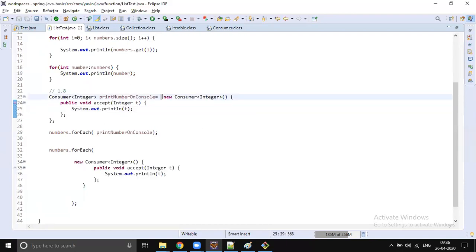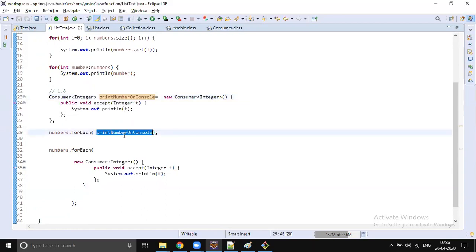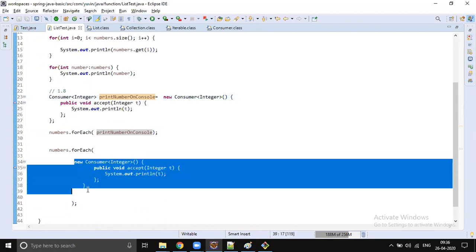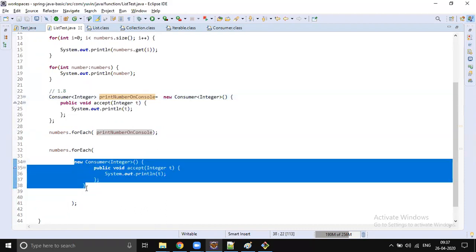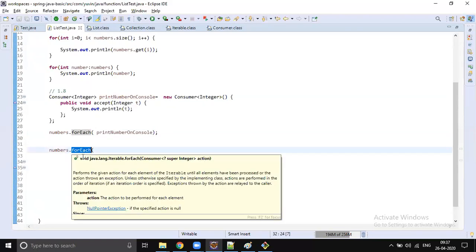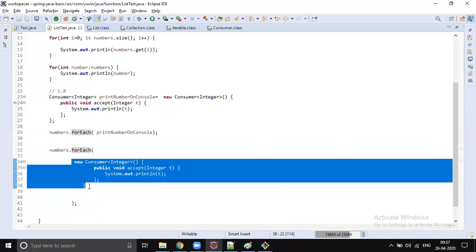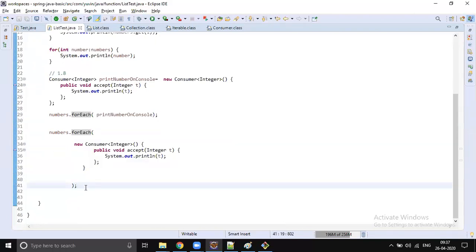Here I am creating an object, assigning it to a variable and passing the variable. But now I'm not assigning it to a variable. I am directly passing the object as an argument. Simply calling a method and passing one object as an argument. Okay. So this is step 2. What is step 3?